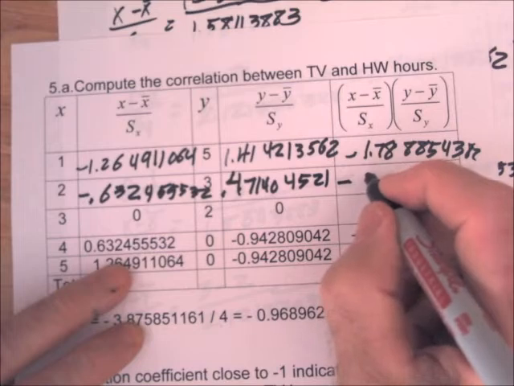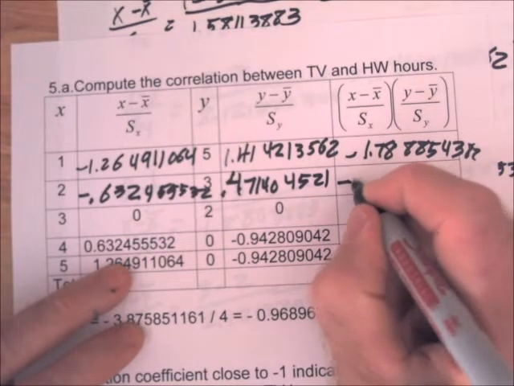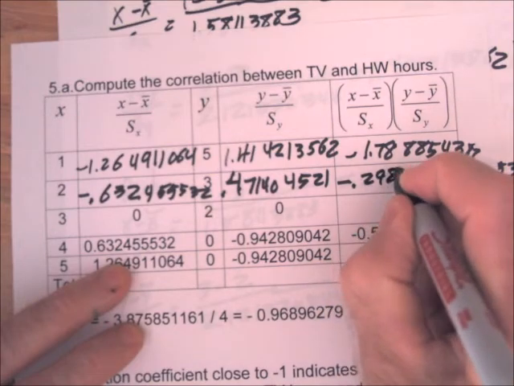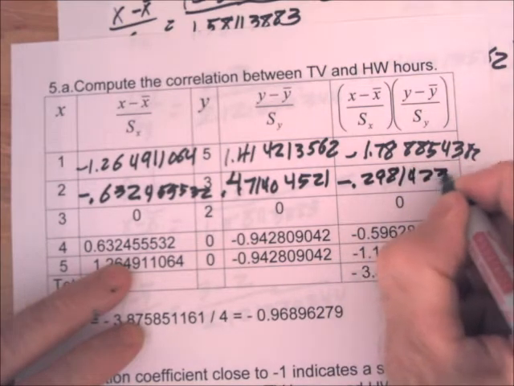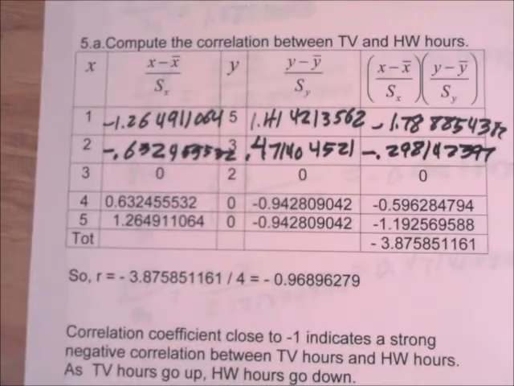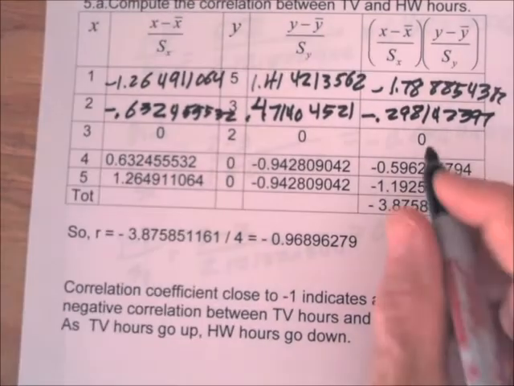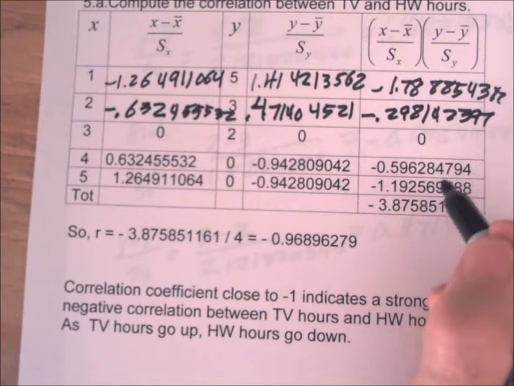Negative times positive is negative. You get negative 0.298142397. Okay, so I already filled in for the other 3 students, and the column we want is this last